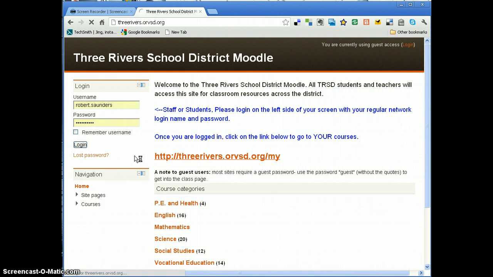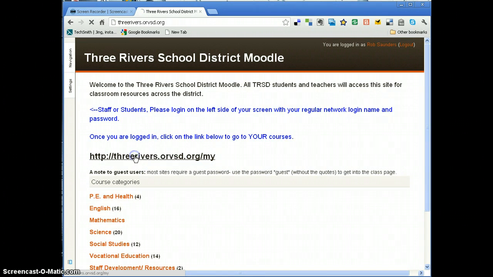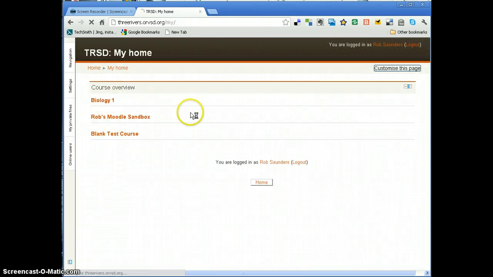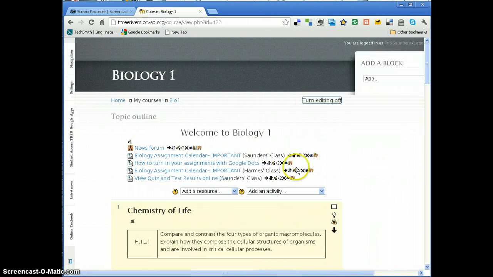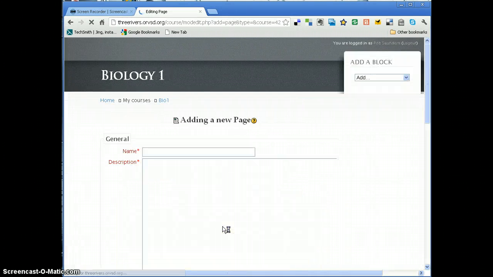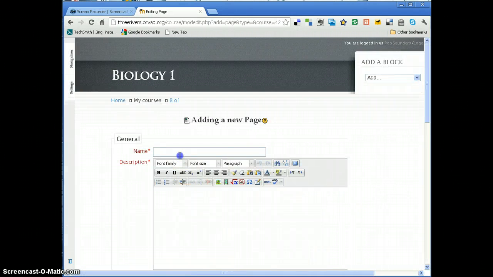So let's say I want to make sure that something only shows up for my kids. So when I'm in my class and I go to create a new resource or activity, let's say, and I want it only for my students. Not very common, I don't think. I hope most things are available for all students, but let's say maybe a page that are some YouTube videos that I only want to share in my class. Important videos,